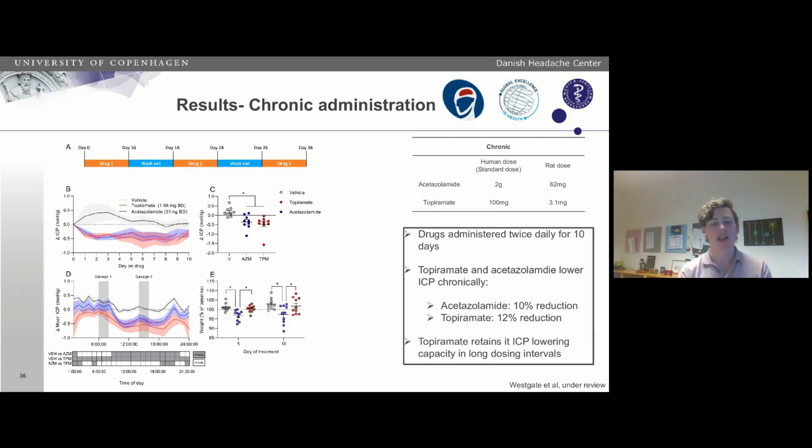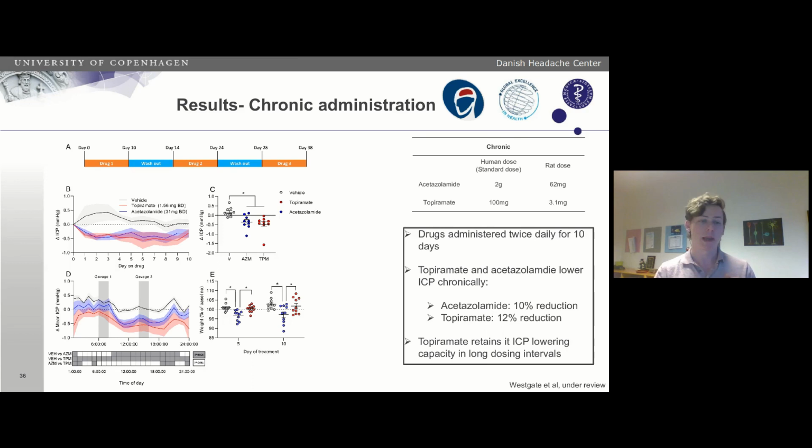Here we looked at what the ICP does on the average day when the rats receive these drugs. What we show is that the effect of acetazolamide wears off quite quickly at the dosing intervals given, where what would be equivalent to late evening for humans, the effect of acetazolamide is worn off. Whereas with topiramate, the ICP reduction is sustained throughout the entirety of the dosing regimen,